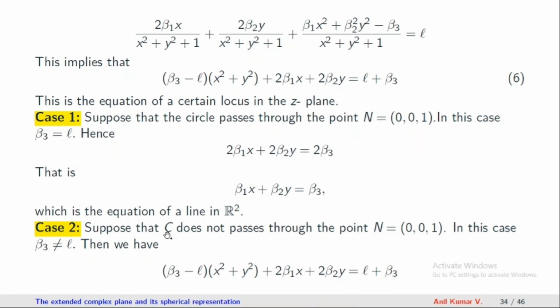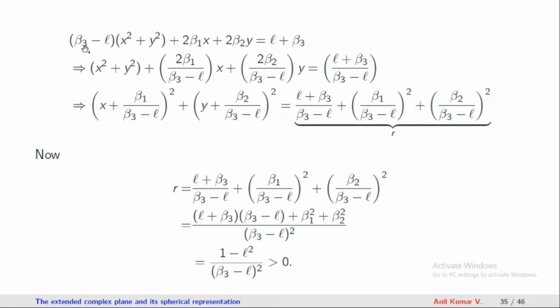Now consider the second case. Suppose the circle delta does not pass through the point 0, 0, 1. So if the circle does not pass through the point 0, 0, 1, then beta 3 is not equal to L. So this equation becomes (beta 3 minus L) into (x squared plus y square) plus 2 beta 1 x plus 2 beta 2 y is equal to L plus beta 3. And since beta 3 minus L is not equal to 0, we can divide both sides by beta 3 minus L. So we obtain this equation,